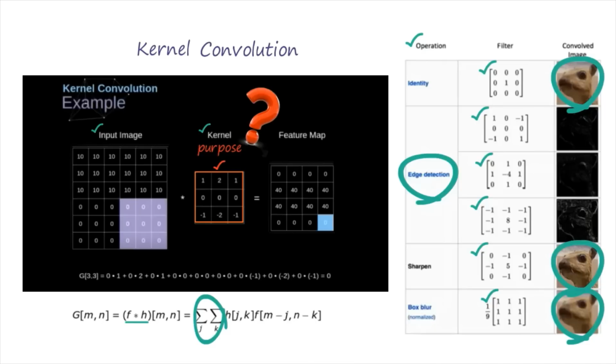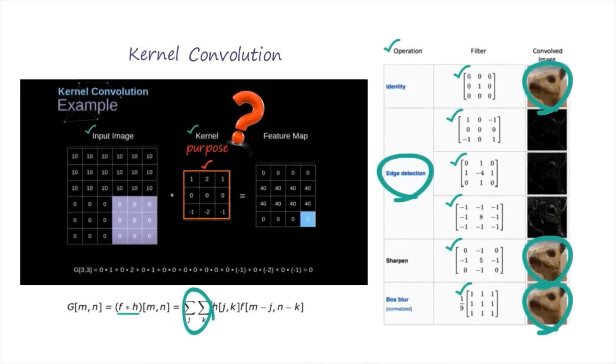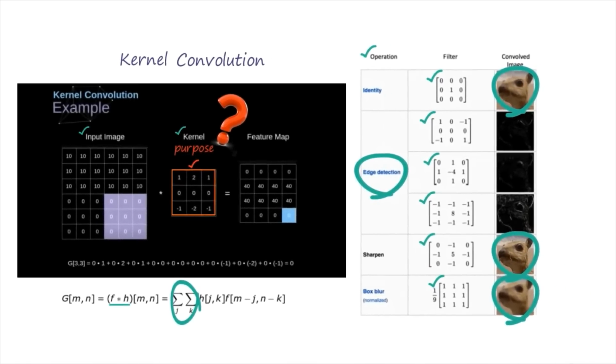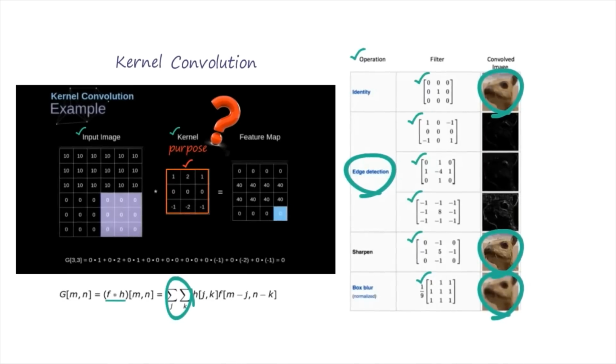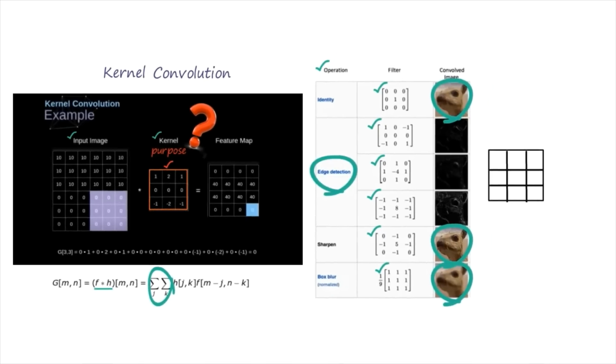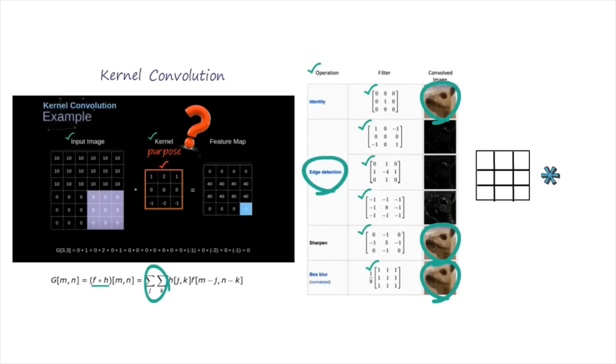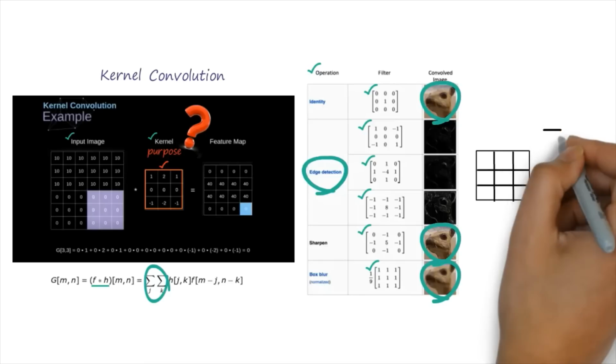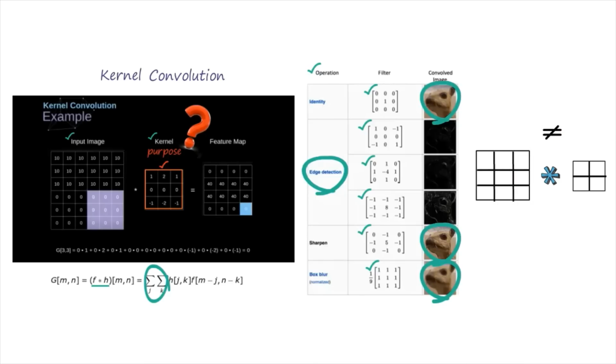So whenever I am talking about the convolutional layer, we have understood the concept of kernel, we have understood the concept of input image, and how the feature map is created. But the first question, which is a very important question, is why the size of the image should not be equal to the kernel size? Say this is the image size, a 3x3 image for example. So we are multiplying this image with a kernel value. See, the size of the kernel is always less than the size of the image. Why?